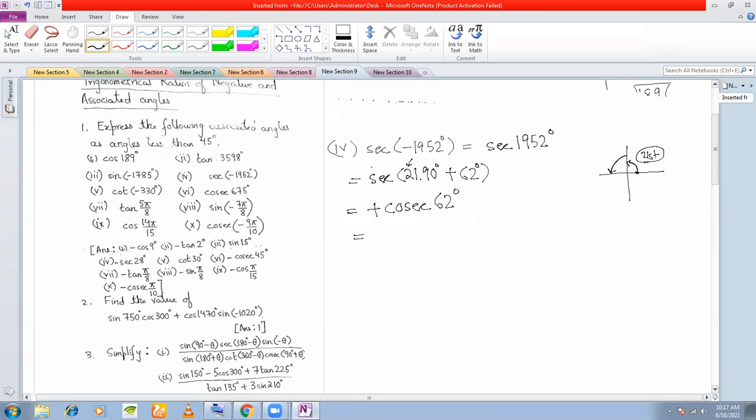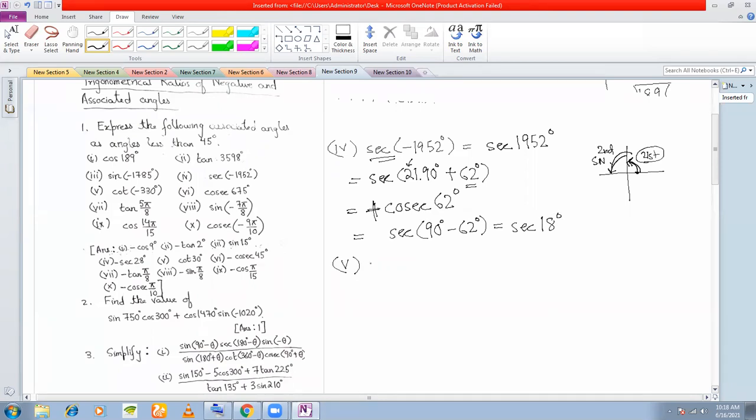Right? 62 degree. And no, sir, this is in the second quadrant, sorry. Yes, this is the second quadrant because we have 21st rotation and then plus something, right? So you have a plus here. So in this quadrant, you are actually in the second quadrant. In the second quadrant, sine and cosec are positive. So this remains a positive sign, and therefore you get cosec 62 degree. And since the question is in terms of sec, you can change this to sec 18 degree.